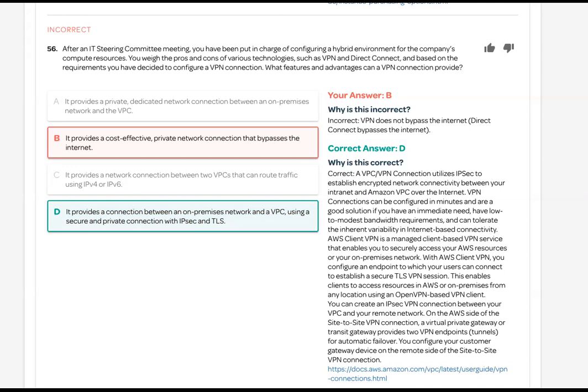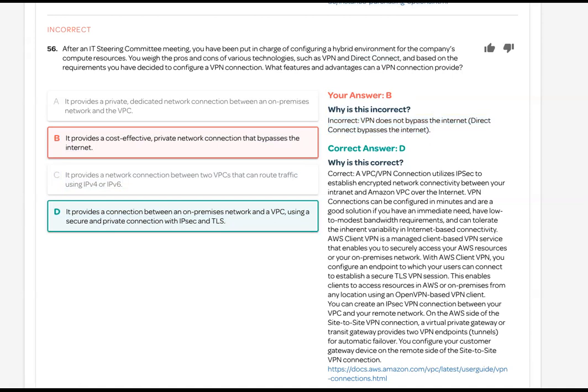And it says Direct Connect bypasses the internet, and then here they are talking about Direct Connect. That is why I picked this one. VPN does not bypass the internet, okay, but Direct Connect does. Maybe